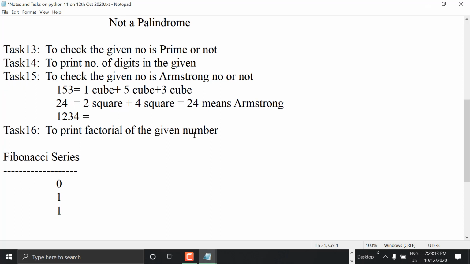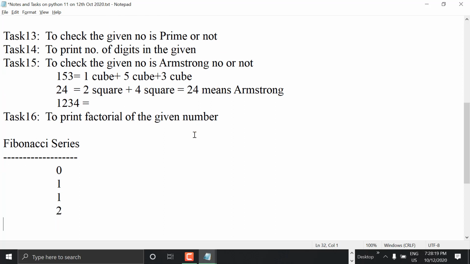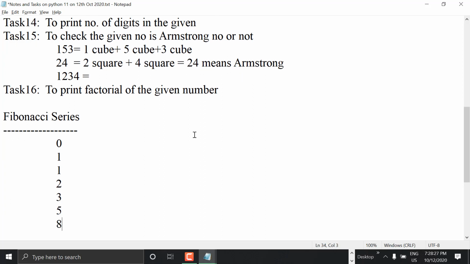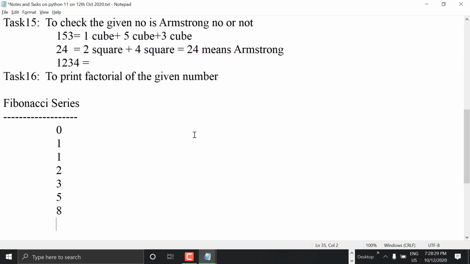So like this, I need to print a Fibonacci series. This is also one of the important questions in most interviews and campus rounds. But writing this is easier in Python compared with other languages. Okay, so let's get started. How to do this Fibonacci series? It's not a task, I'll do it now. Let's go to the next example.